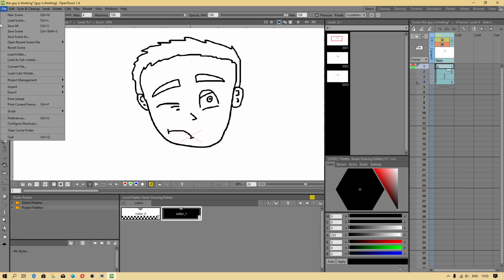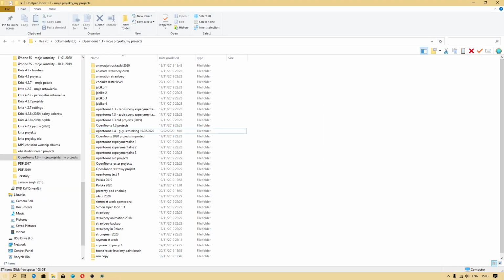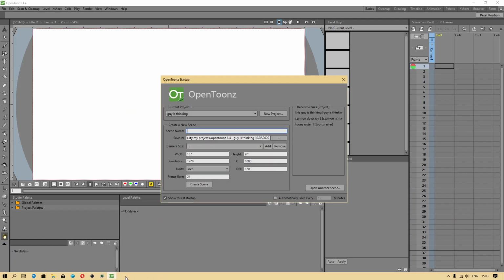Now I have to quit the application to check something, to tell you something about when you import a project on a new computer. Sorry, I should talk a little bit faster about it, but this version is a lot better. When you encounter the error that this project does not belong to any project, because OpenToonz gives that error message,